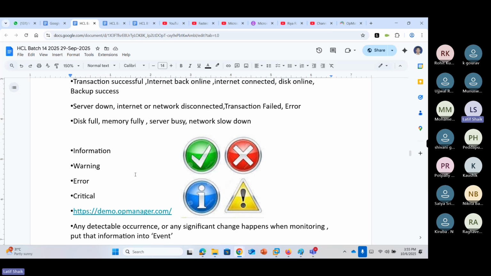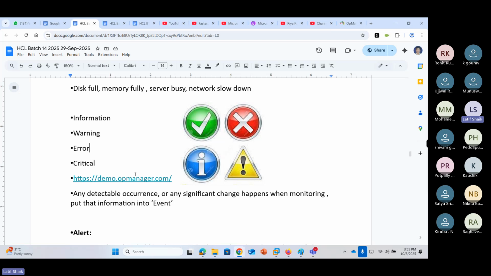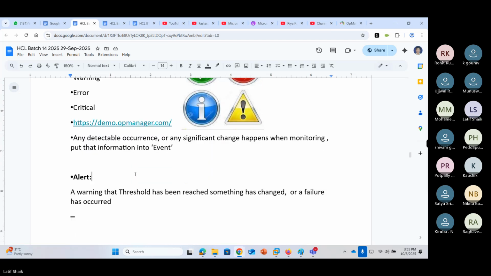Anyway, guys, what is an event? Any detectable occurrence that has significance for IT service management: information type events, warnings, errors, and critical events also. The monitoring tools track each and every system, what is going on inside, and generate reports on the status of these devices.